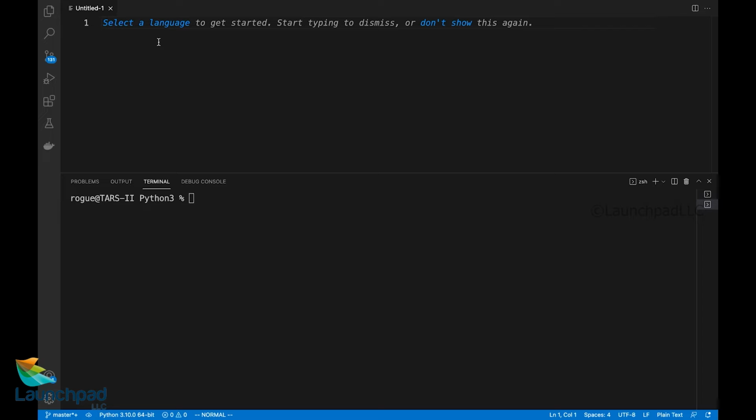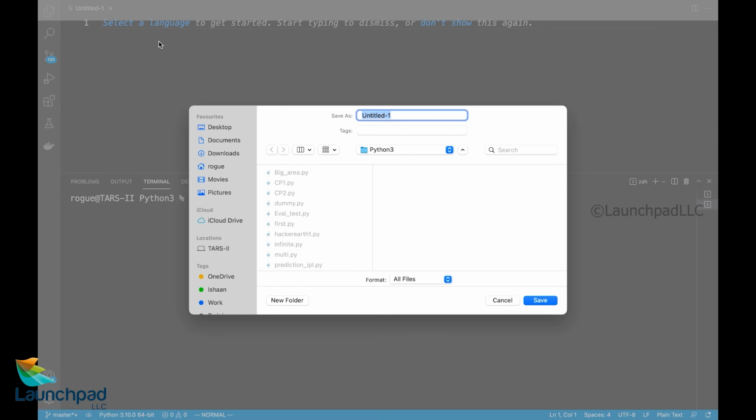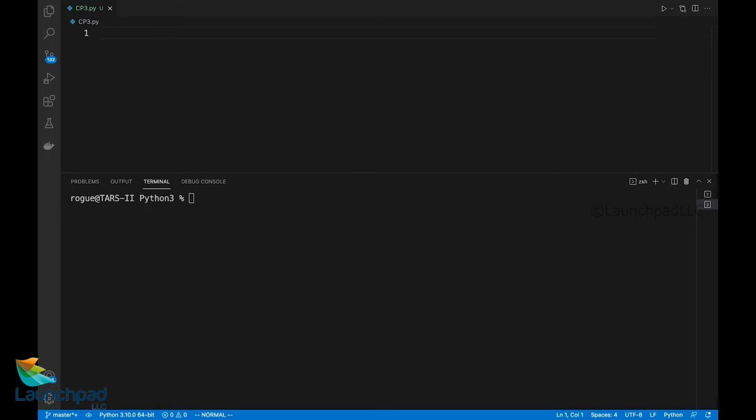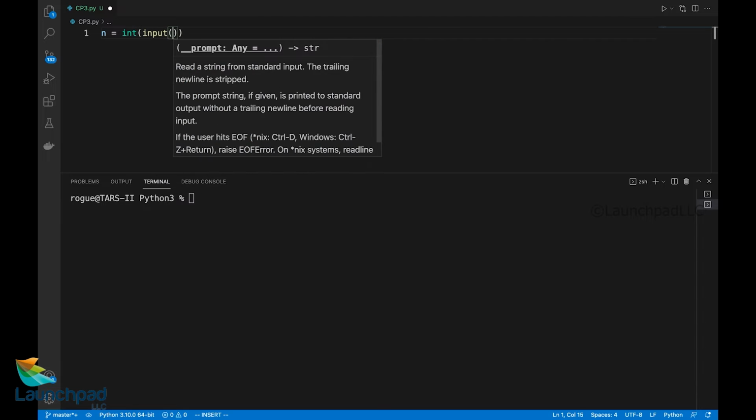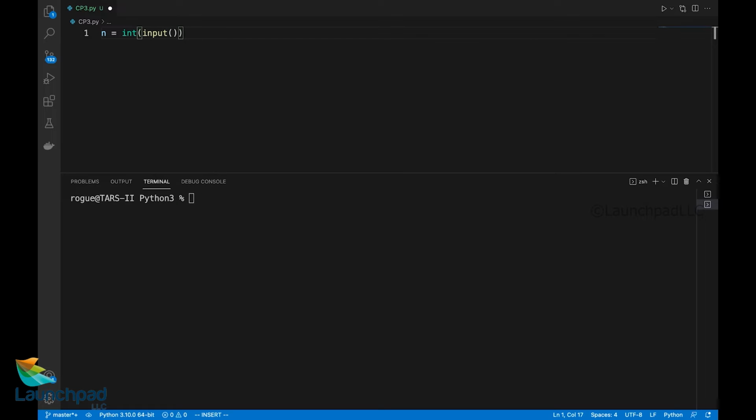For which we'll create a new file and I'll name it cp3.py, where py is the extension for Python files. To read an input from the user in the integer format, I'll say n is equal to int of input. So whatever input is read from the user will be converted into an integer.